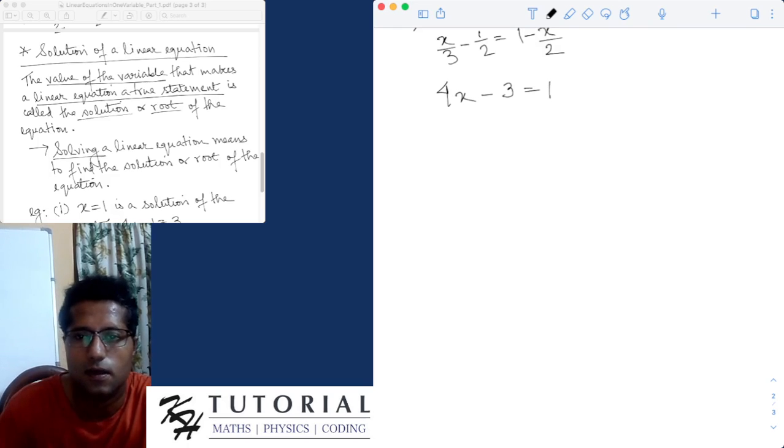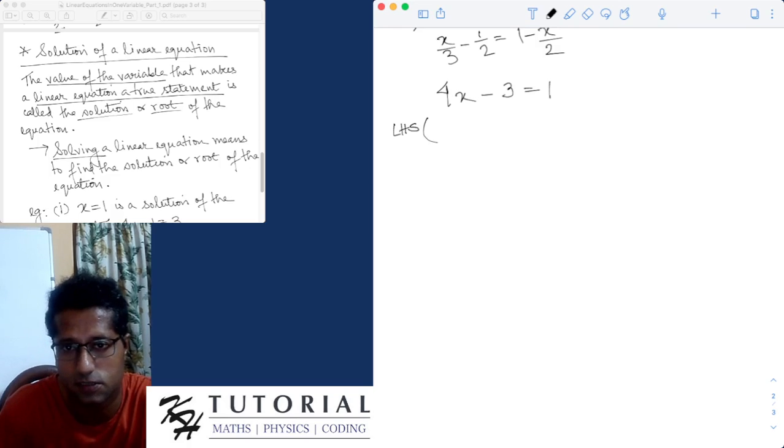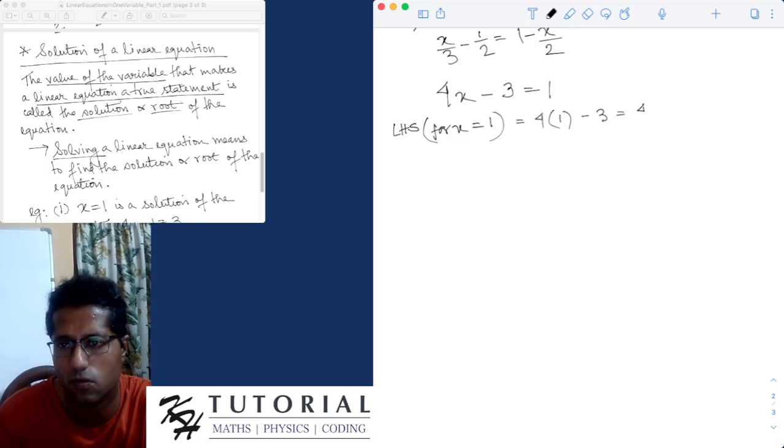Now, LHS means the algebraic expression to the left hand side of the equality sign. LHS for x equals 1 is 4 times 1 minus 3, that is 4 minus 3, that is 1,